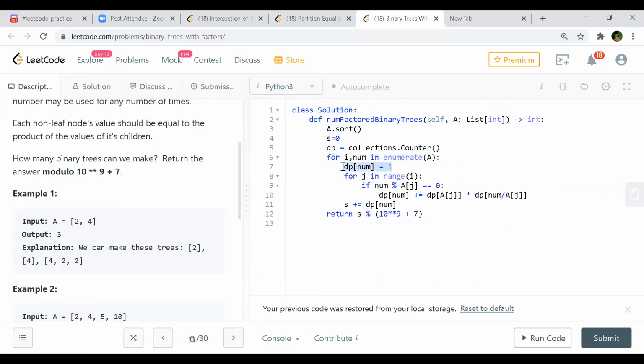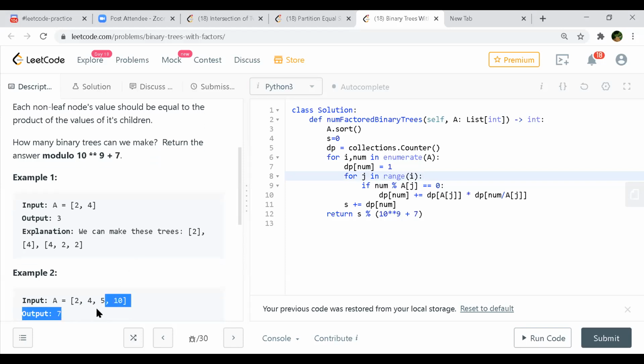Once you reach 5, from 2 to 4 you check whether that particular number divides this number. Then check how many trees you are able to form with that number, and when you divide by that number, this also gives some number of trees. Take those two values, multiply them, and add it to this number. This is the final result that you have to return.